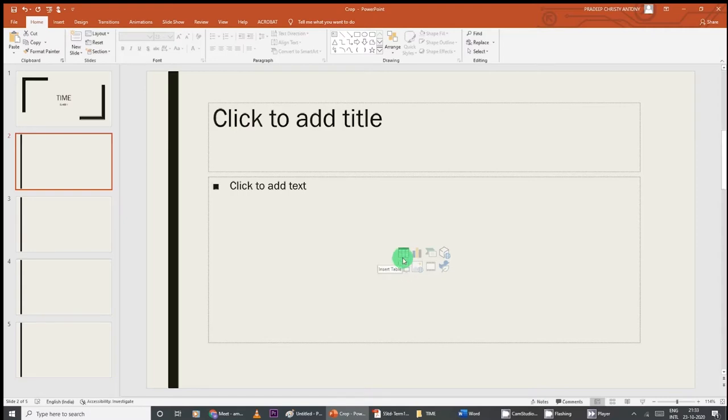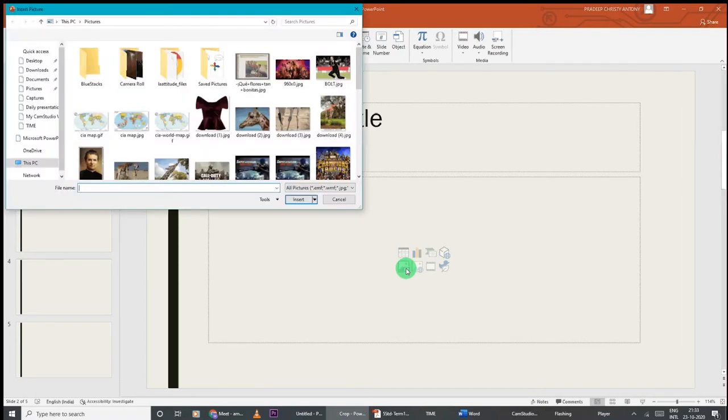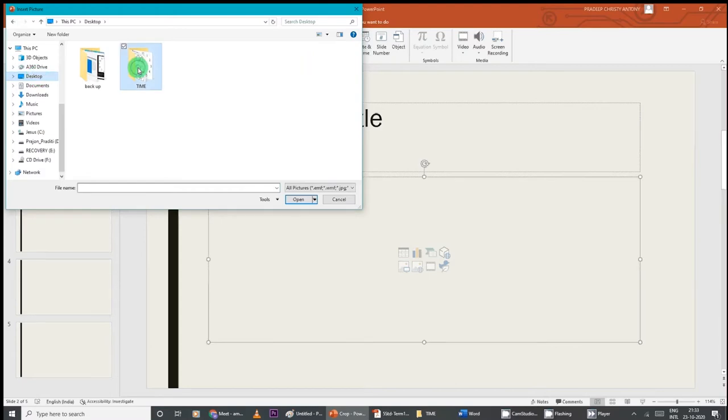So under insert you have pictures, online pictures already explained to you. Even in this slide also you have, sometimes in the layout which you choose, you may have the pictures and the videos also. So either you can go from here or you can go, both are same. So since I have the icons here, let me use this picture and desktop, time. So first let me add this clock.